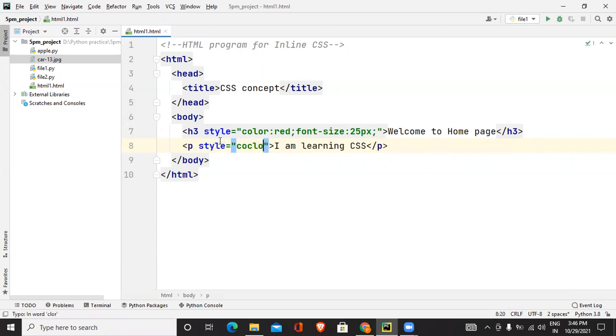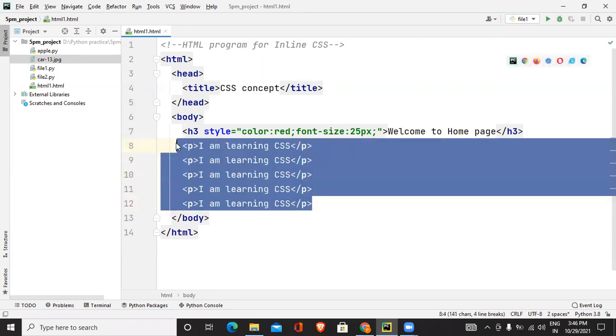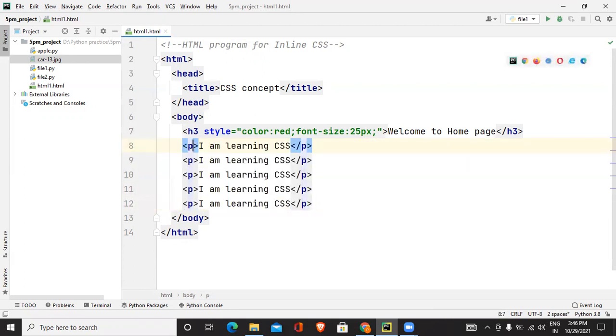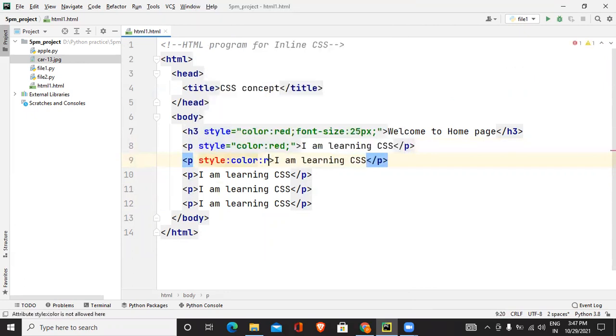So this is one of the importance of inline CSS. To change a particular tag, we use inline CSS. Now, what's the drawback of inline CSS? Suppose there are 5 paragraph tags, and you need the same font color for all of them. So again and again, inside the p tag, you should take the style attribute, color, and write red, semicolon. For each of them, it should be done with the same thing. That will take a lot of time to write the inline CSS separately.